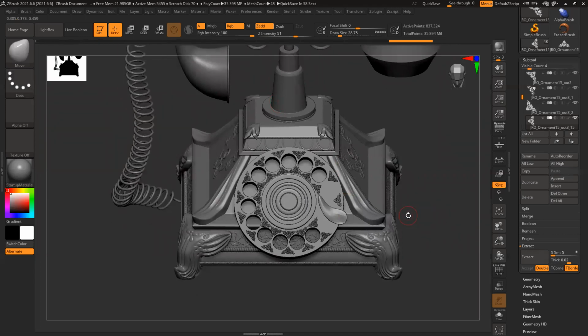So the basic design is almost ready. Now in the center, we have those stars. The center has all the stars, a star that we already have in ZBrush.